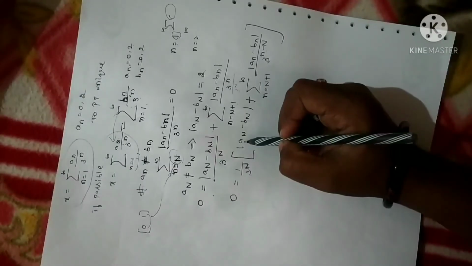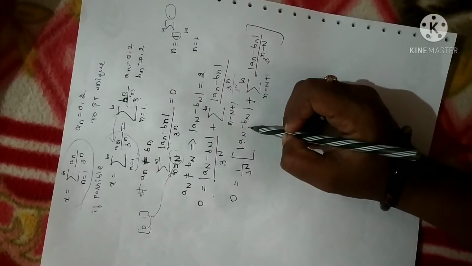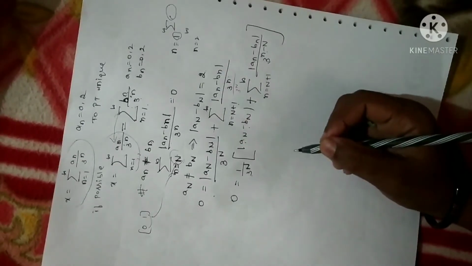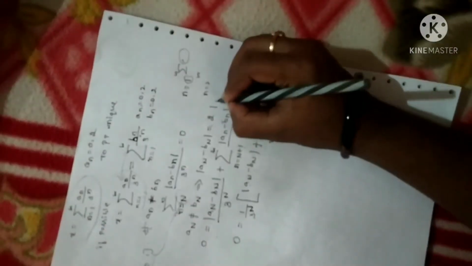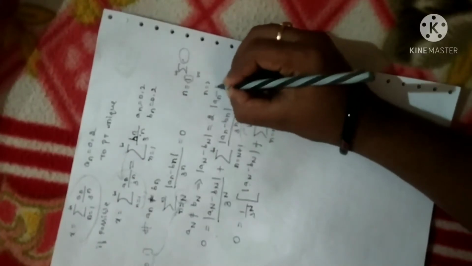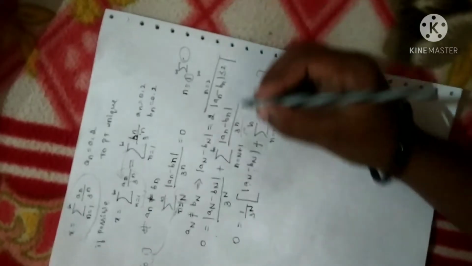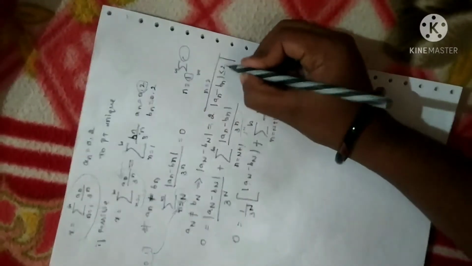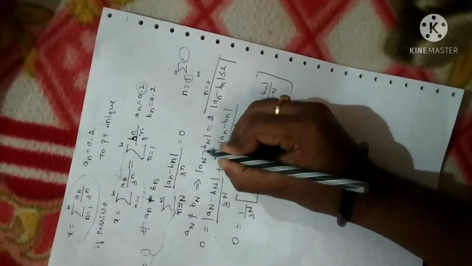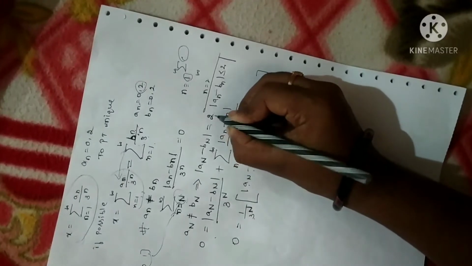Now what I have assumed is capital An minus Bn is equal to 0. And remember, for small n, it is always less than or equal to 2. It cannot go beyond 2. Why? Because the length of an interval is fixed to 2. Whereas for the first interval, it is obvious it is exactly equal.